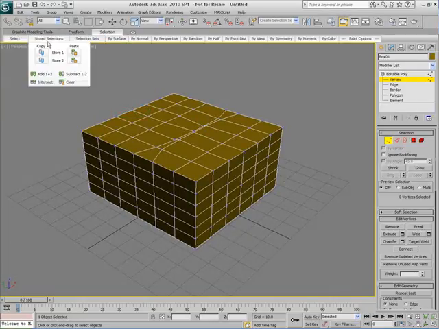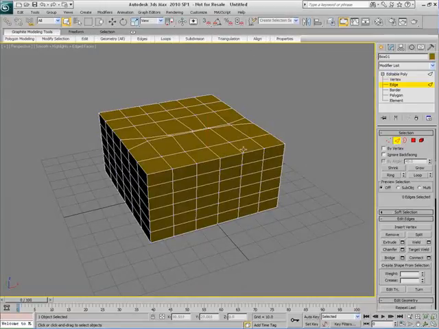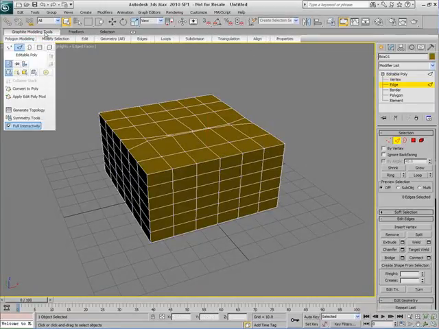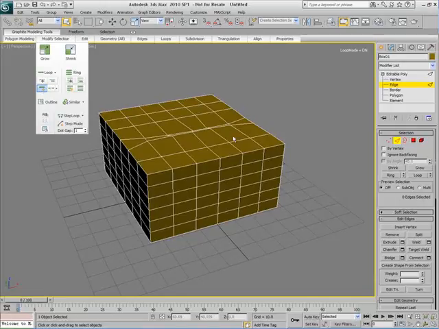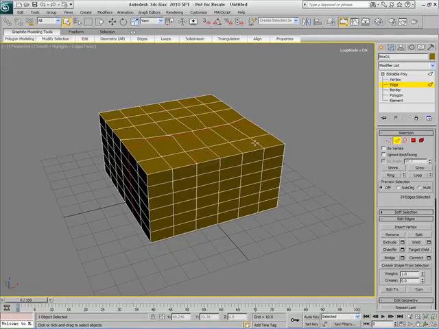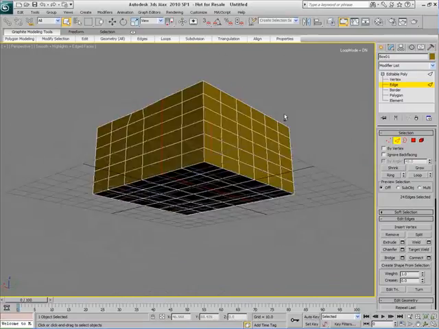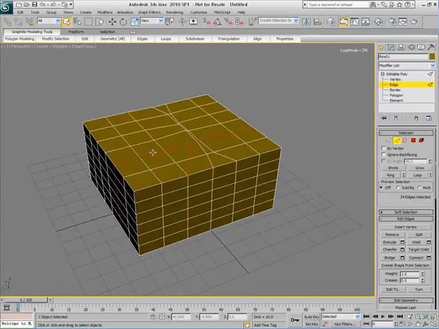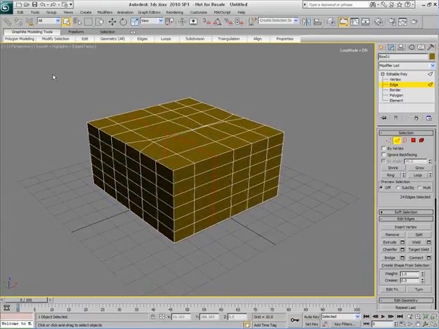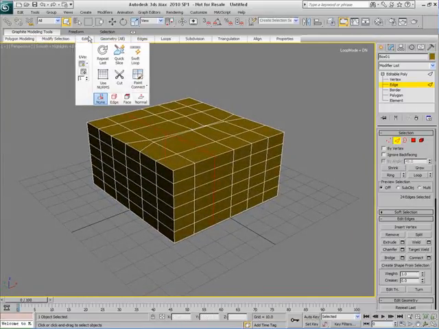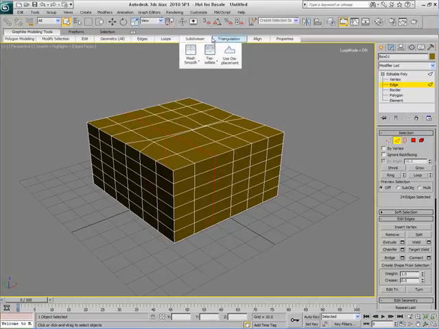I can go to selection, and I can use a whole bunch of different selection tools here. So let me go to edge mode here by hitting 2 on the keyboard. I'll go back to loop, turn loop mode on, and I can select different loops of edges here, as you can see, and I'll select them all the way around. So you can see how it's an extremely useful set of tools, and there's so many tools here for us to use. As you can see, every one of these menu items has tons and tons of different tools to use, and we're going to be using a lot of these tools while we work on our polygon modeling object,